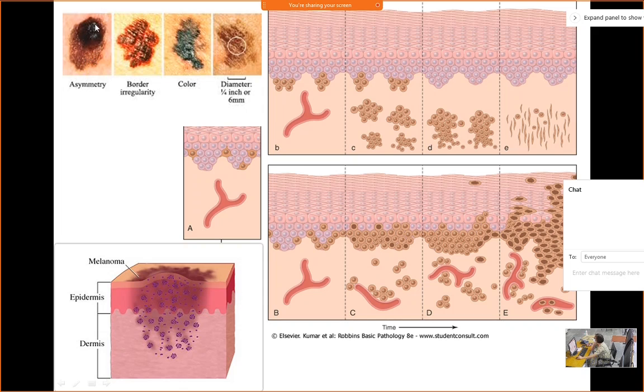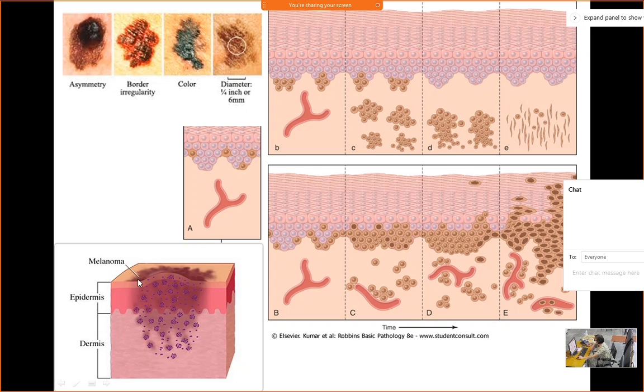This is the existing nevus, but you can see that the pigmentation is coming out of it and the borders are very irregular. Okay, the color is also changing. Here it's very black, here it's a little bit lighter, here it's almost yellowish. The diameter of the lesion was originally here, but now it has extended. So all these are signs of malignancy, which can be taught to the public so they are aware that these signs can be dangerous and to report. So now when you look at this picture, this is the epidermis and this is the dermis.